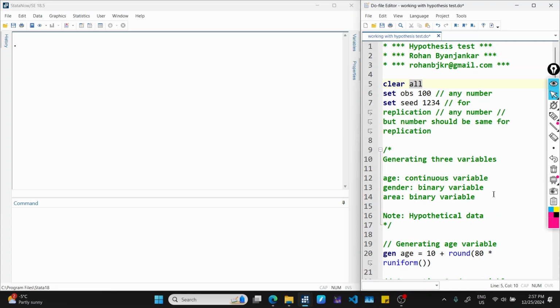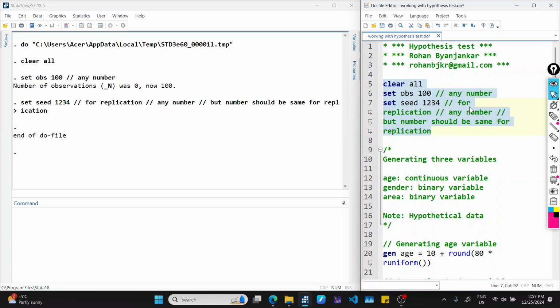Hello, in this video we will perform hypothesis tests in STATA. For that we will begin with a clear, as usual. I will select three codes here, and I have set observations to 100, set seed to 1 2 3 4, and these can be any numbers, but a caveat: this seed should be the same number for the replication